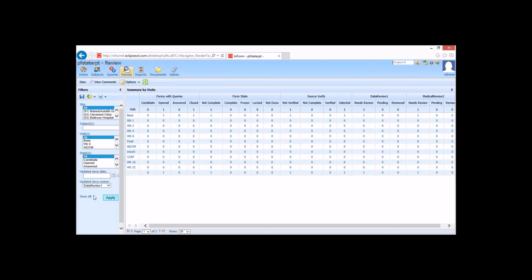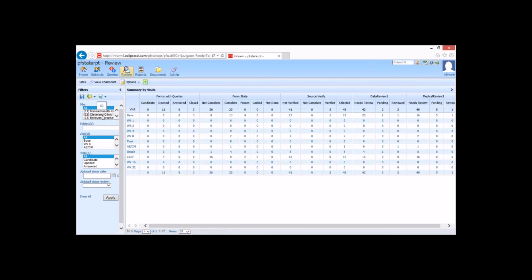And once again, not everyone's going to want to use the review status. In some cases, that may be a little bit too formal for people. So we have another functionality which I absolutely love, which is this updated since date. So say you've gone in and either as a CRA and a CDM, you've been working, and you know as of the 5th of June, or let's say the 3rd of June, all the data was cleaned and everything has been gone through and everything was great. Or you've done a complete site